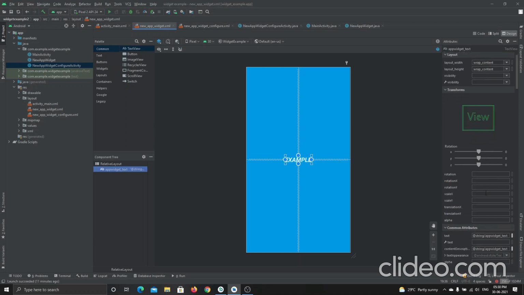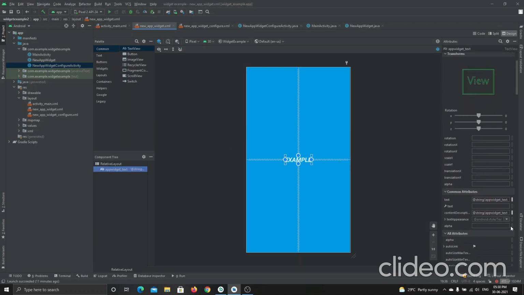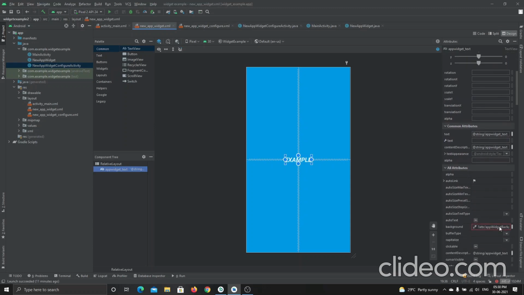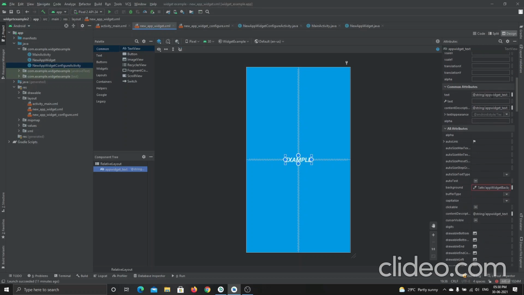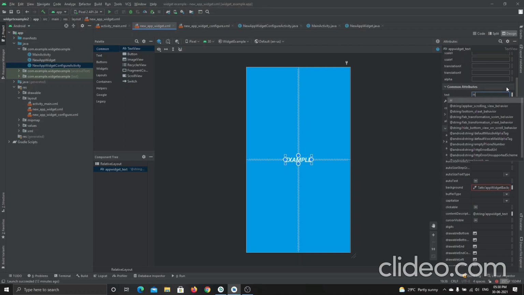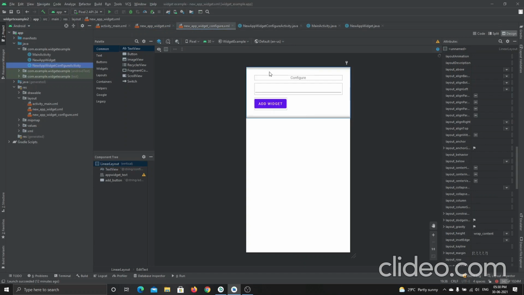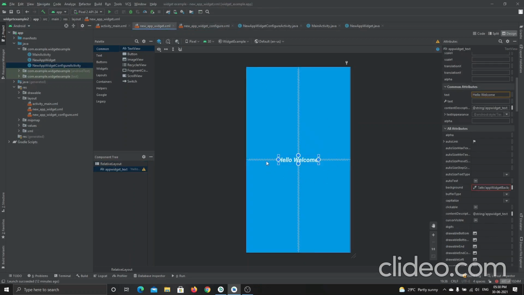Now what I will do is go to this example and change it. Here is the text, right? Let me change this whole text to "hello, welcome." The first time, you will see this before configuration, before adding the text inside the configuration file, before adding the widget. We want to give some name also here, but for the first-time use, it will be "hello, welcome." Let me show you by running the code.